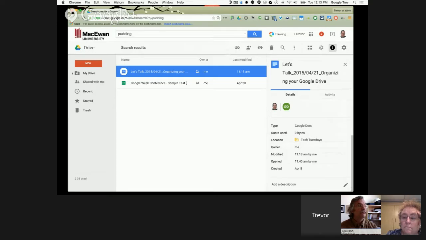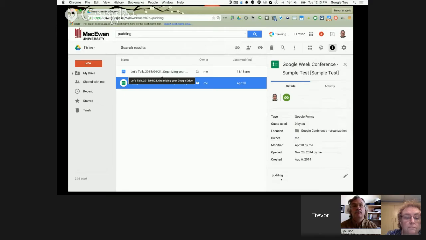Oh, sorry. That's actually, the word pudding's actually inside that file. This is the one I did. Pudding in the description. So quite often when I'm working on documents with users or something like that, I will throw their names in there. I will throw in maybe the name of the project I'm working on so that I can find information in there quickly and easily. The search function also allows you to kind of get finite in what you want to